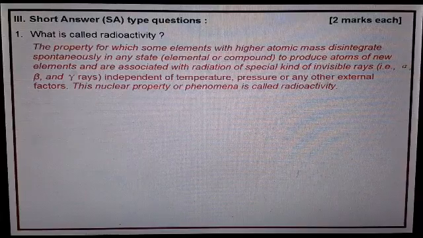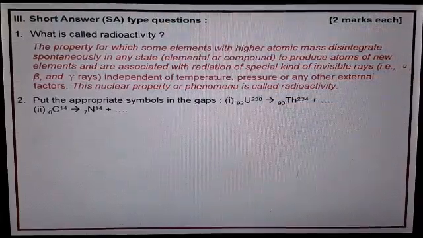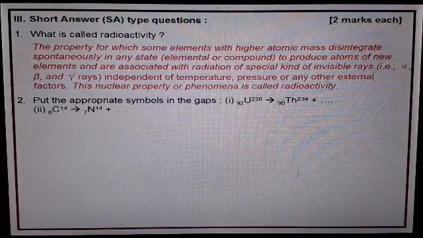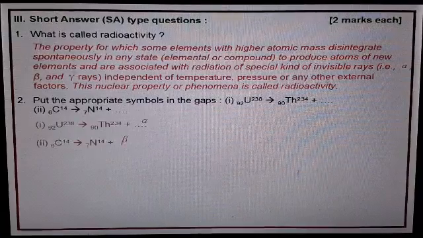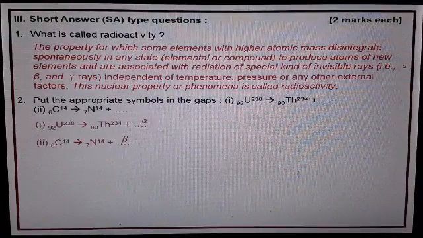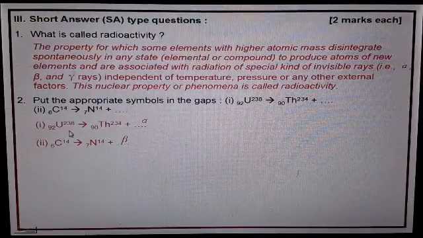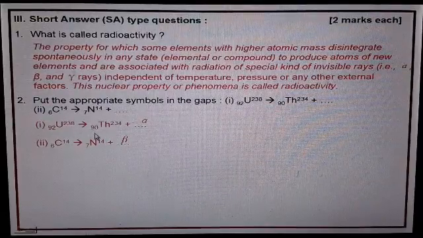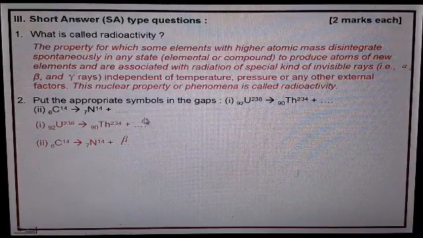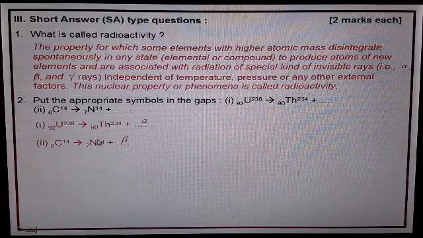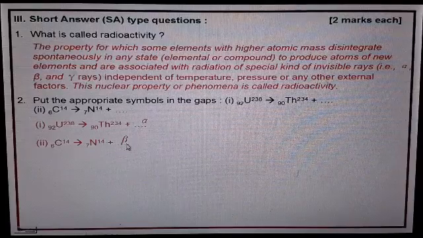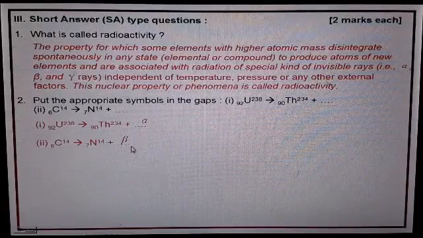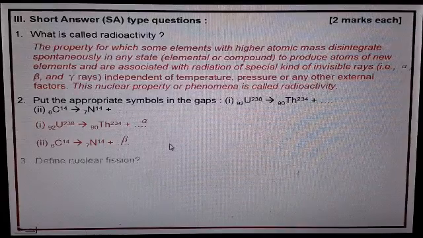Here we have covered all the aspects of radioactivity. The next question, we have already discussed in our previous videos also. So I'm just moving ahead with its answer. In the first one we are seeing that the mass number is reduced by 4 units and the atomic number is reduced by 2 units. So definitely the emission will be an alpha particle. And in the second one we are seeing the mass number remains the same and the atomic number is increased by 1 unit. Therefore it is emitting a beta particle. The whole of this explanation has already been done in our previous video.